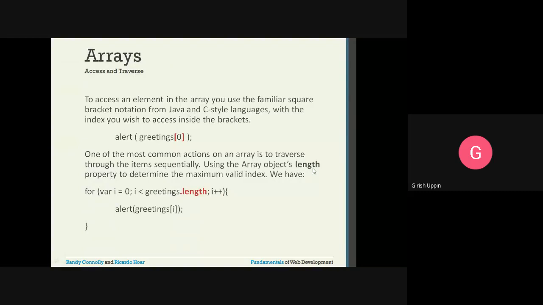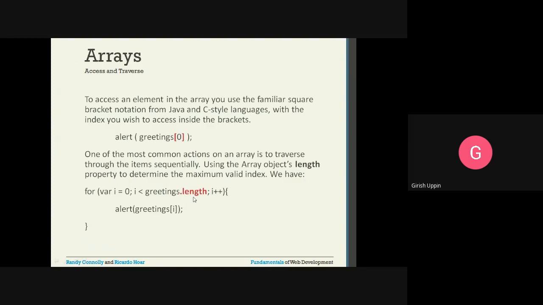This property can be used to determine the maximum valid index. How we can use it in the program is, for example, a for loop to traverse through all the elements of the array. Inside the parentheses, the initialization is i equal to 0, and i less than greetings.length. So this is the array object we have, and dot length will give the length.